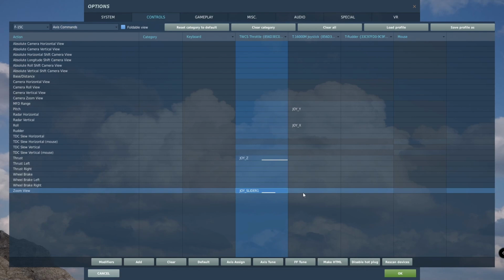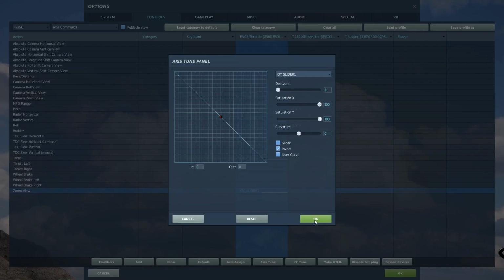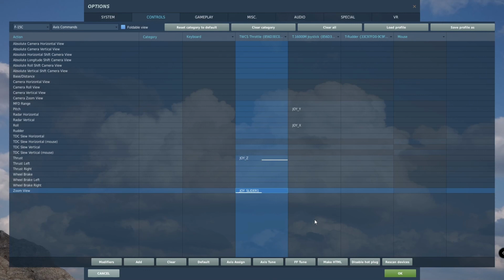Now, it is opposite. So when I'm trying to zoom in, it actually zooms out. So what I need to do is go to axis tune, invert. And now max is max zoomed in, minimum is minimum. So that works great. Now for the people who have rudder pedals, I'm going to come down in the rudder